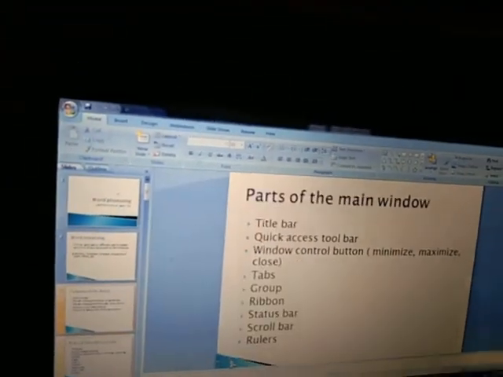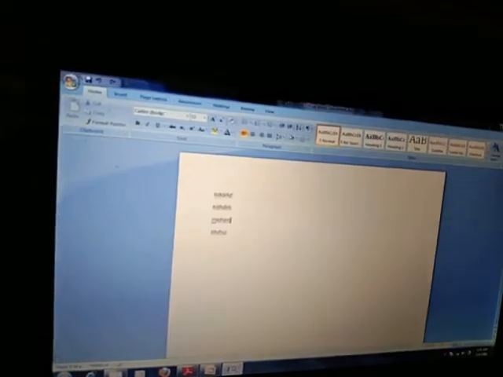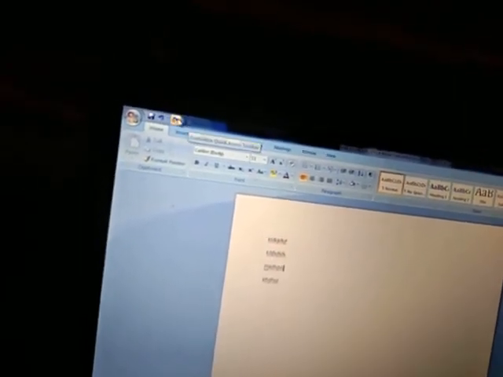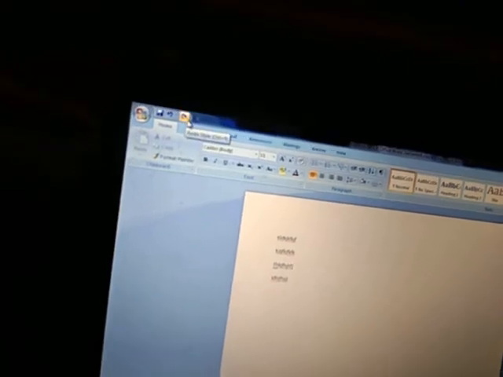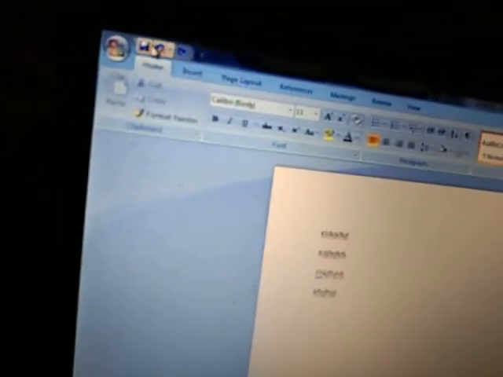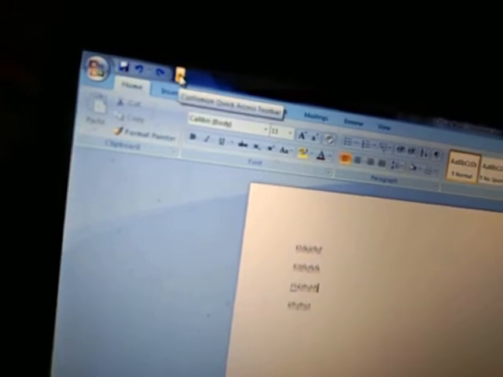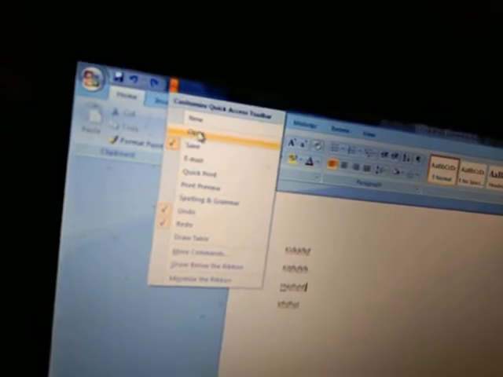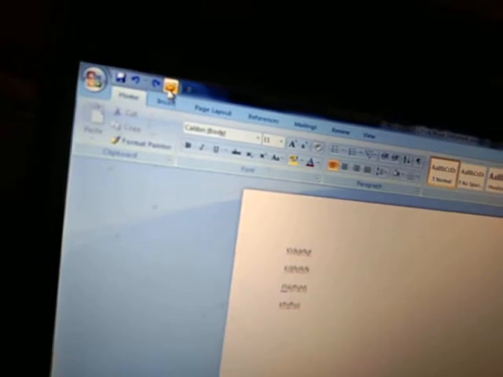Okay. So the first one is this one, your quick access toolbar. This one is your Word document, and here is your quick access toolbar. All the commands that you use quickly are added here in the quick access toolbar. You can do editing in this one also. How? Click on this button, customize quick access toolbar, and from here you select any command and then you can add it there. Okay, I am clicking on this Open, and this Open is also added here.